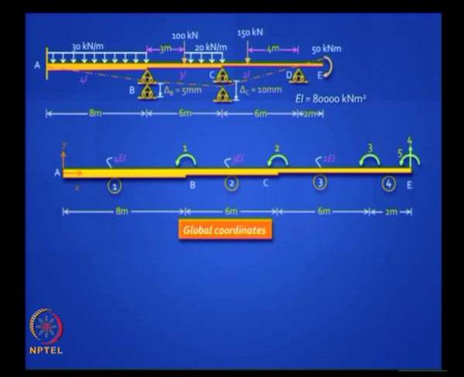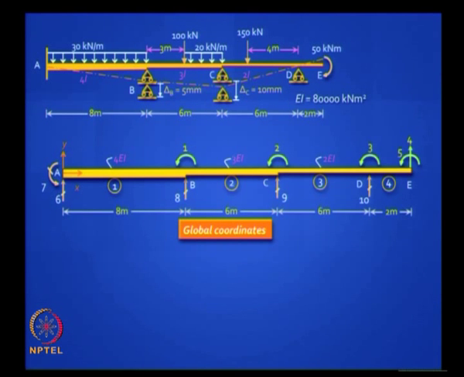So if we look at the global coordinates, you have 5 active degrees of freedom, 4 rotational and 1 translational. The free end E can deflect as well as rotate, and in the numbering system our preference will always be translation first and then rotation. So are you comfortable with this numbering? 1, 2, 3, 4, 5. These are our global coordinates which are active. We have also 5 restrained coordinates, 6, 7, 8, 9, 10. Is that okay? With that we have covered all the coordinates.